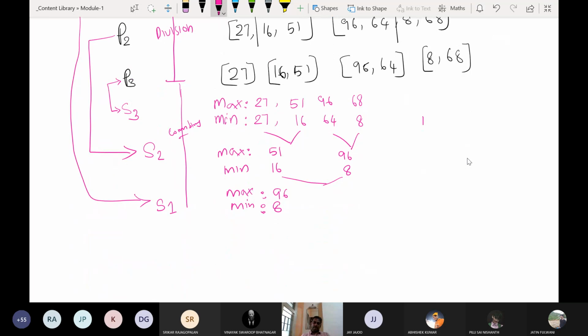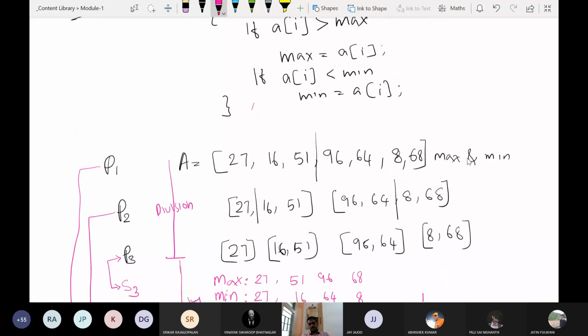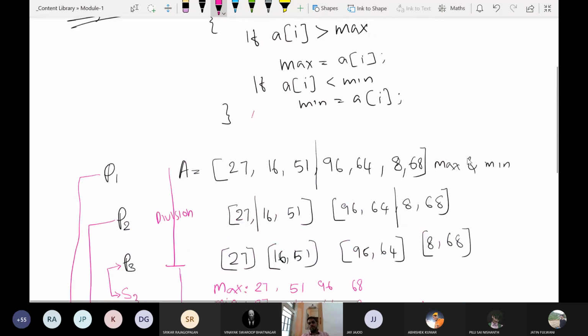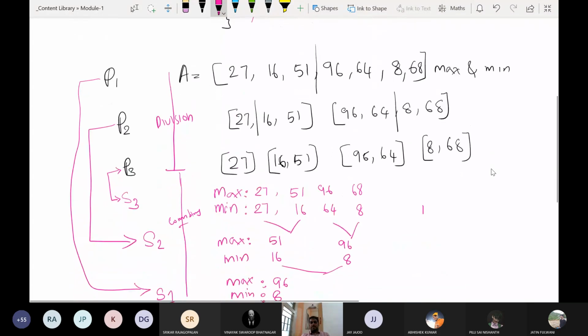But in general, you can say that the advantage we are getting from the divide and conquer approach is that you can have a smaller number of comparisons. This is true if you try it for the same input. Same input means the array should be the same, not just the size. If I use a different array of the same size, then the number of comparisons will also be different.